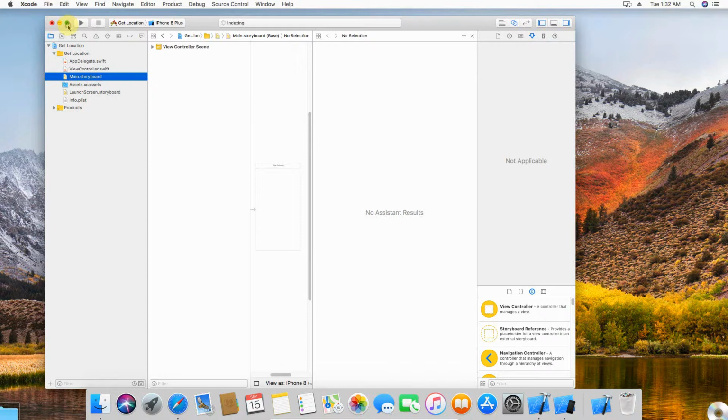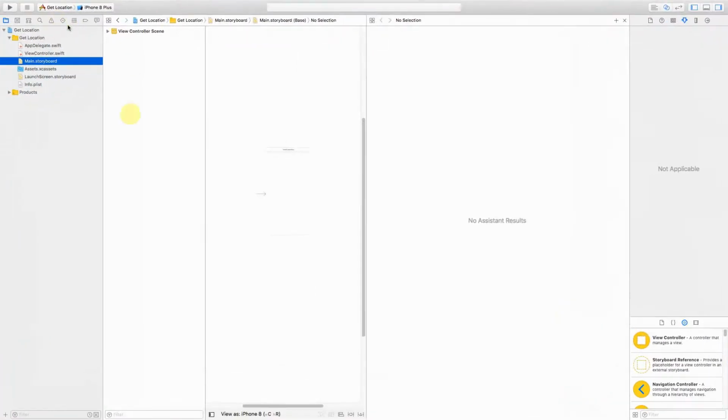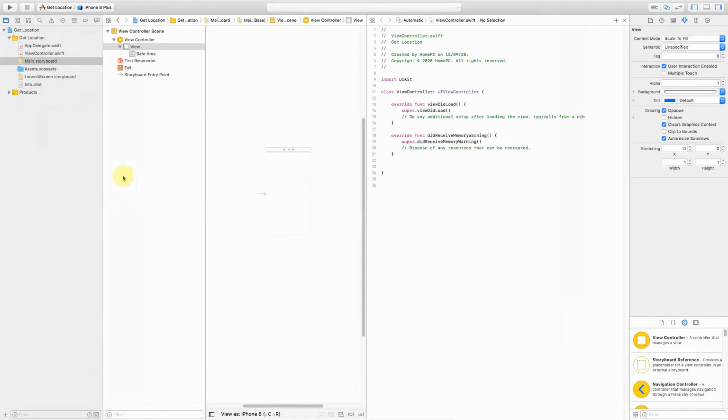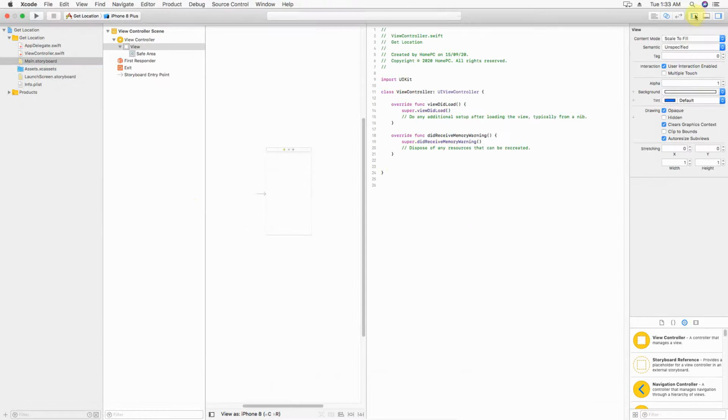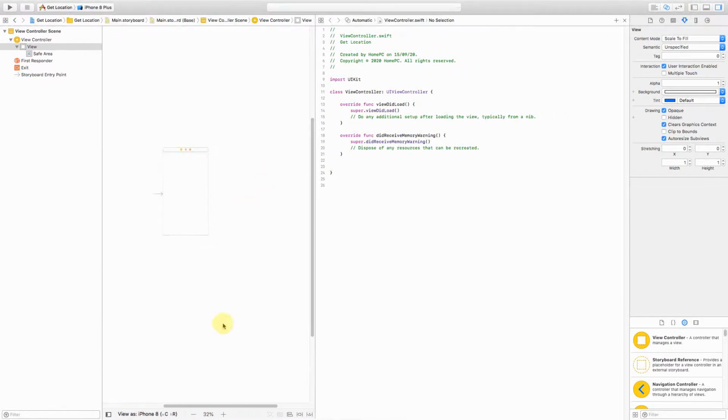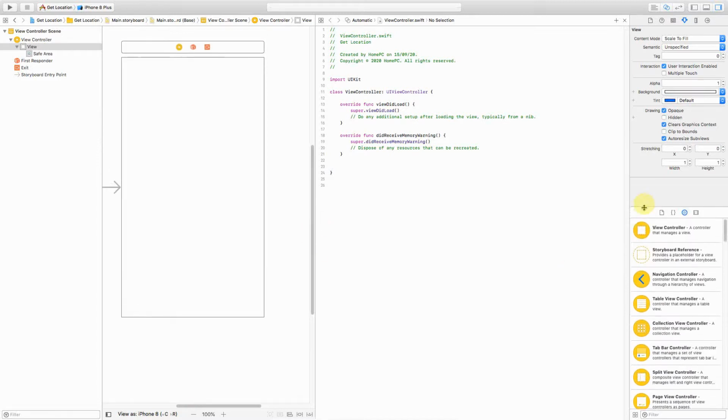I'll just make it big so that we get the full screen here. Yeah, and I will just remove the left side. I'll increase the size of the, so let's make it a bit small, 100%. Yeah, that looks good. Now first and foremost, I will just add a map to it.